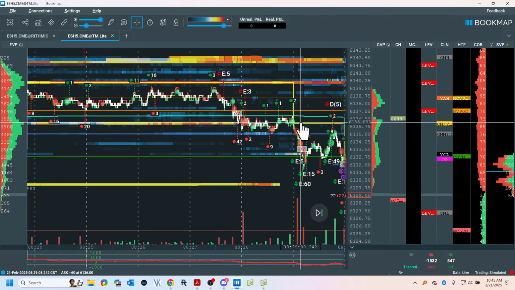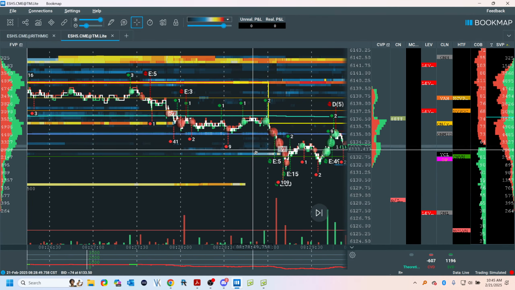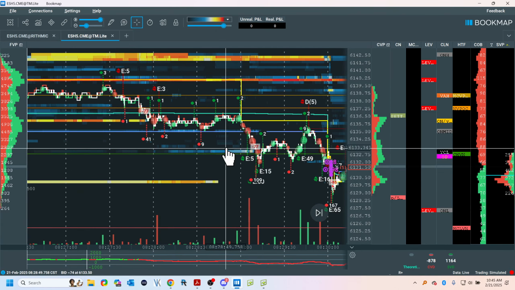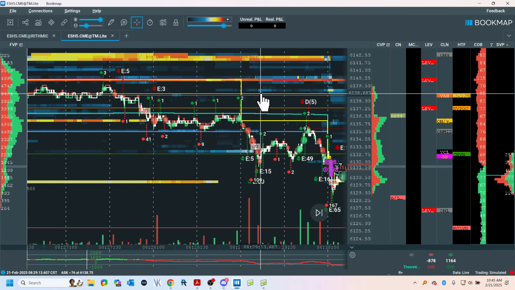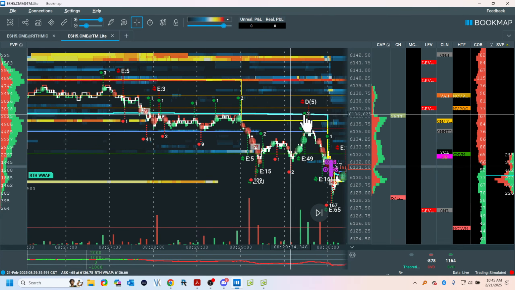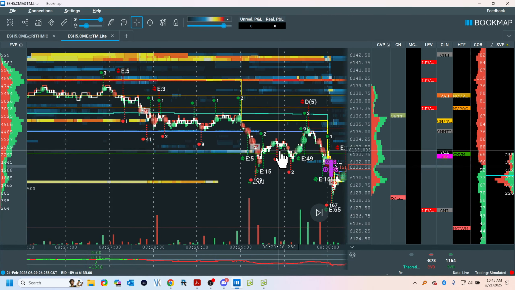Now there's about an 82%-ish probability, past performance not necessarily indicative of future results, you got to vet the statistics, that we're going to get here and test this. And possibly over here. All these have good probabilities, and there's my key level. There's a confluence of levels based on the auction. All these are high volume, and the market tends to go and check high volume. So let's look at the behavior and see if there's a trade here. VPOC migration. So what do we know? Too high, and punt, because that's what you got.